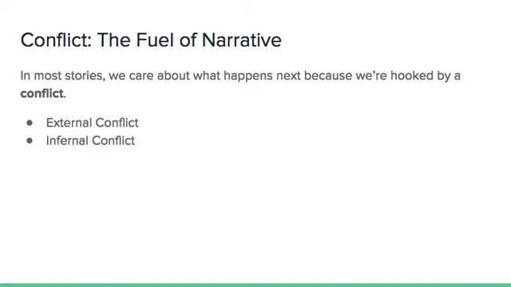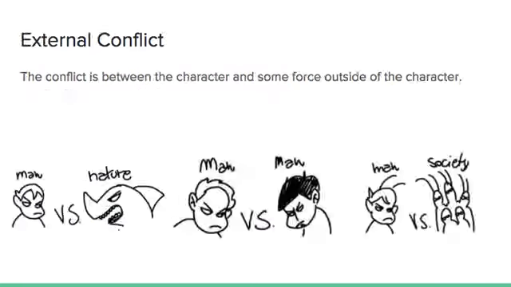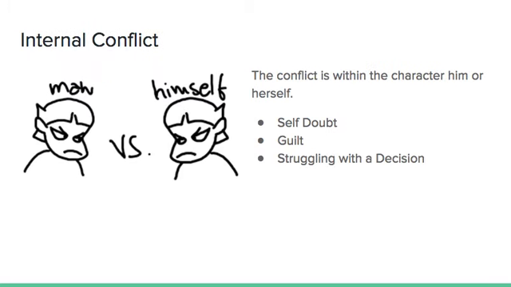And you may remember in first semester we talked about external versus internal conflicts. An external conflict is between a character and some other force outside of the character. So we use the examples of man versus nature, man versus man, or man versus society. Those are all three examples of external conflicts versus internal conflict, which is when the conflict is within the character,